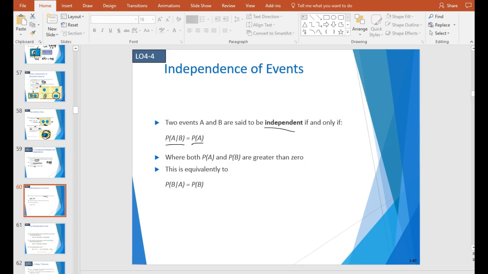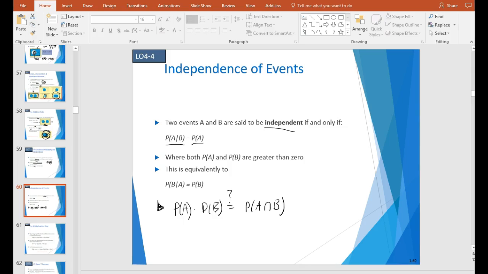Where both probability of A and B are greater than 0, that's true, and this is equivalent for the other way: the probability of B given A is equal to the probability of B. I would go ahead and add in another rule there, and this would just be a check for independence. This check for independence would be the probability of A times probability of B